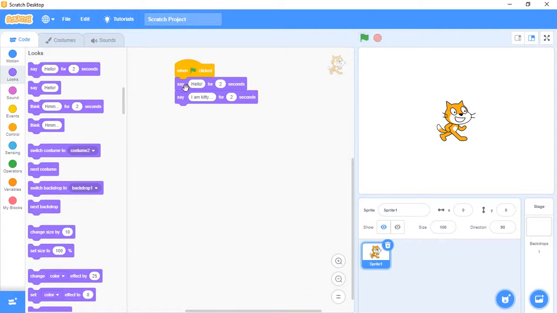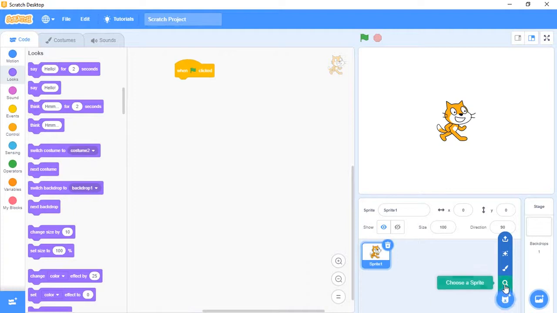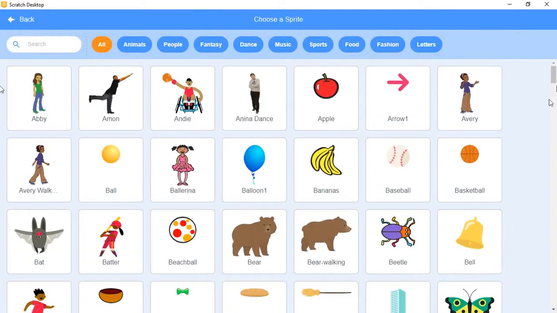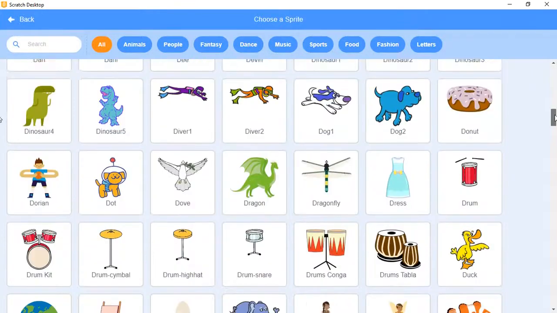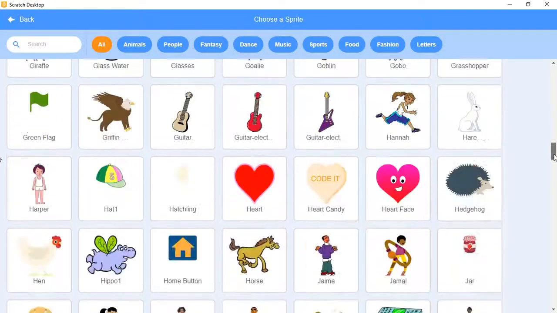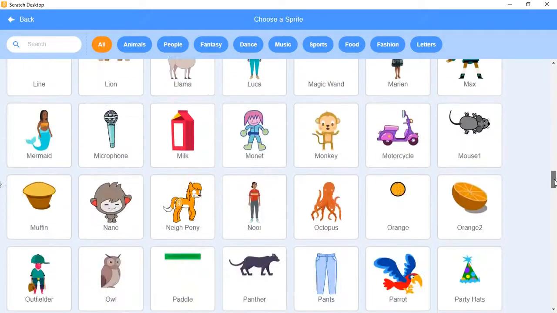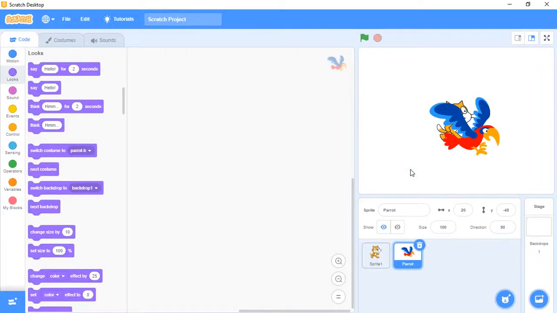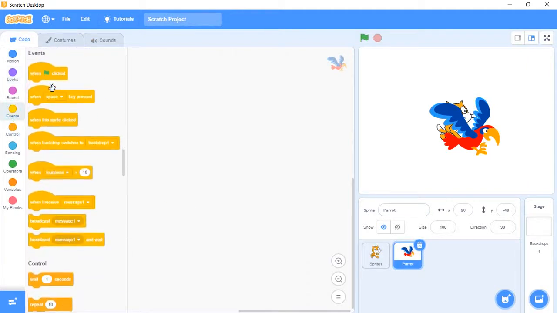Second one is fly around. Just make use of another sprite. Select the event.